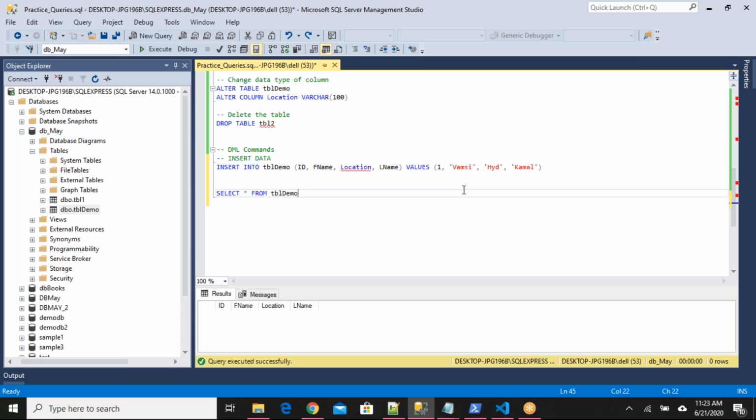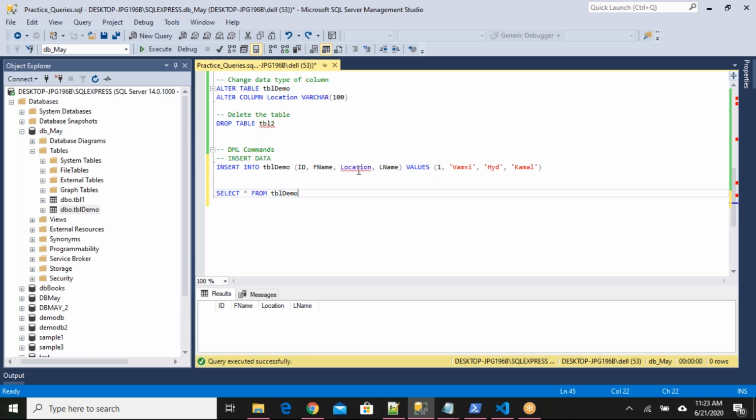And if you see here, the location column is showing in blue color. Why it is showing blue is, I think, there is already a reserved keyword in SQL Server with the name location.